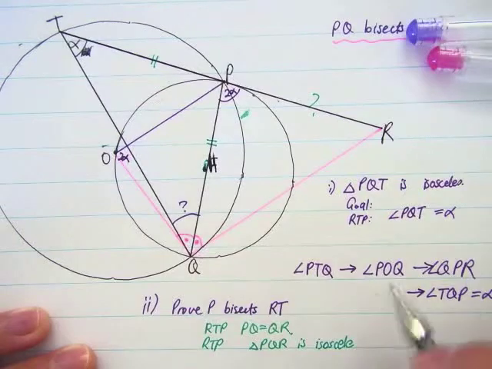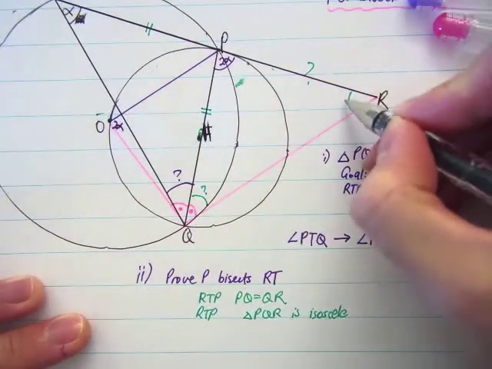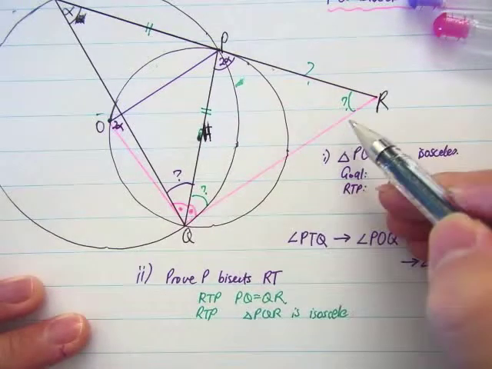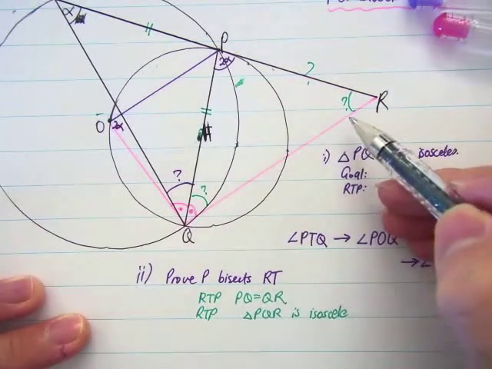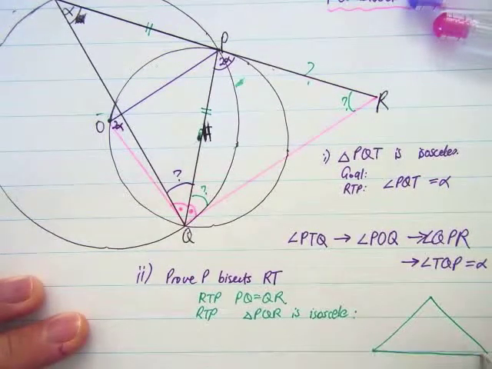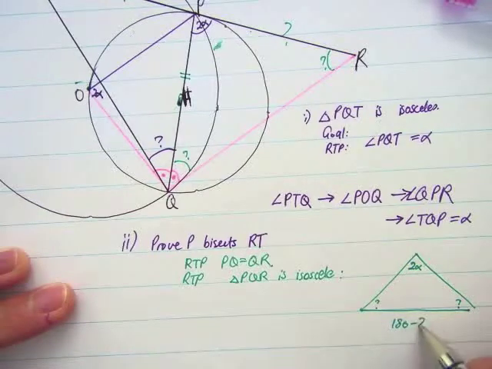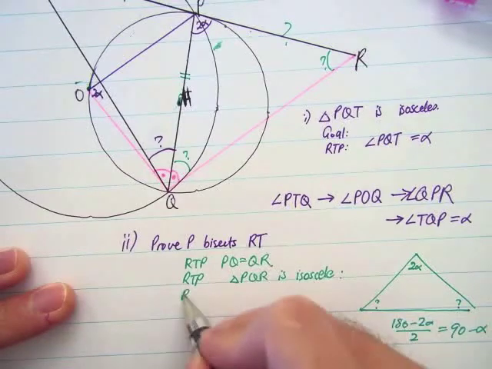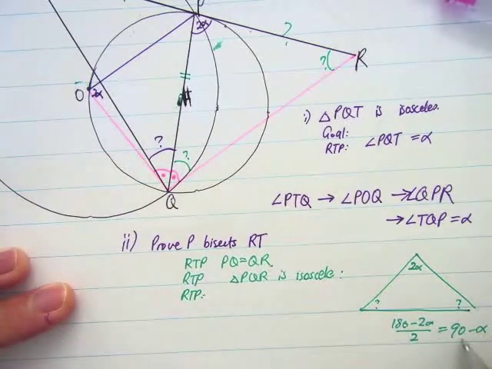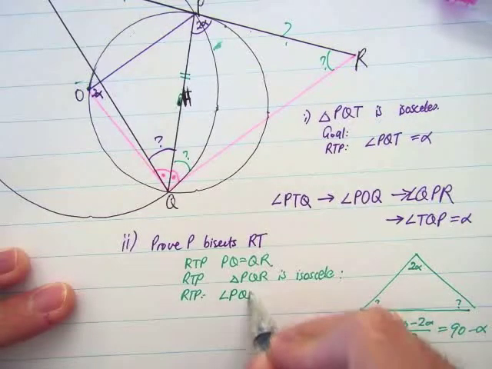And the way that it's isosceles is that somehow this angle that I'm labeling in green should be equal to that angle that I'm labeling. How are those two angles equal? Now, if I gave you a triangle and you were focusing on this particular triangle and one of the angles is 2 alpha and you want these two angles to be equal, well, these two angles have to be a certain value. In fact, 180 minus 2 alpha divided by 2, 90 minus alpha. So your aim here is to prove that that is 90 minus alpha, because once you can prove that PQR